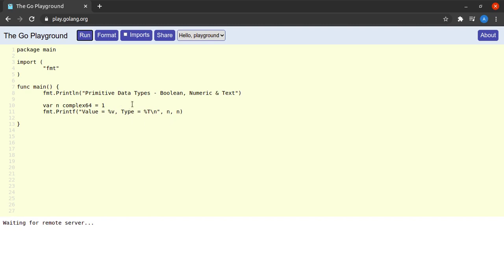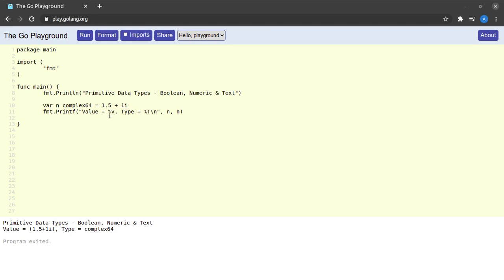I go ahead and run this again, and I see my complex number is 1 + 0i. Both the real as well as the imaginary part can be fractions. So if I say 1.5 + i, I run this. Okay, I think it should be 1i at least. Okay, so we see that our value is 1.5 + 1i.